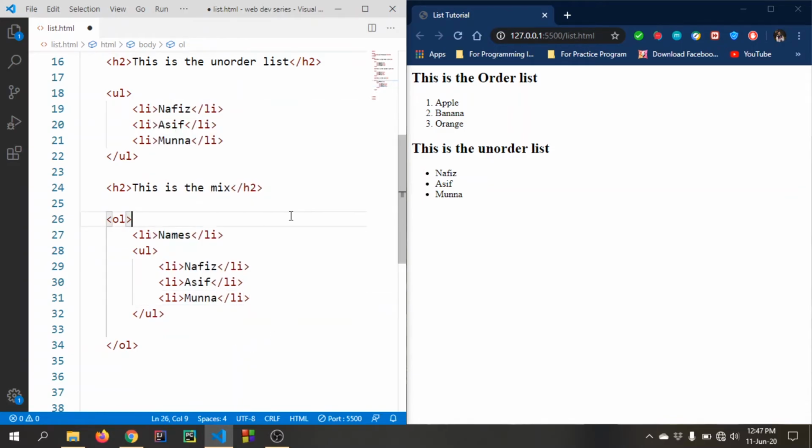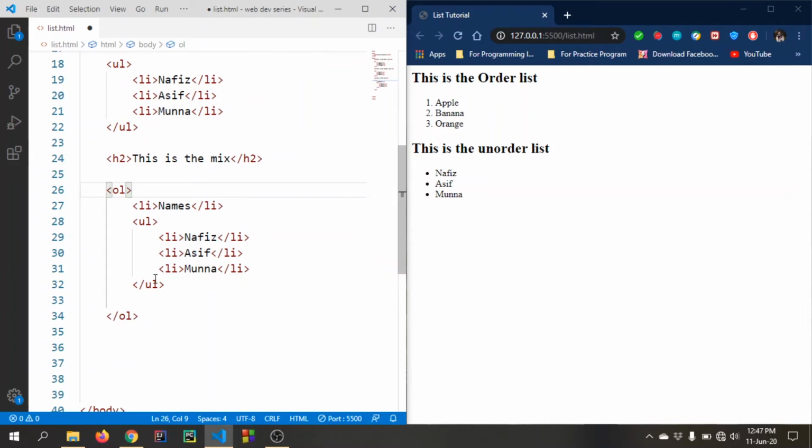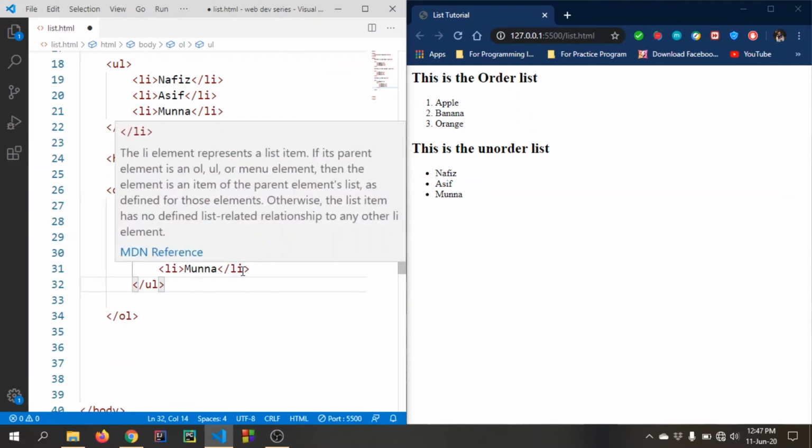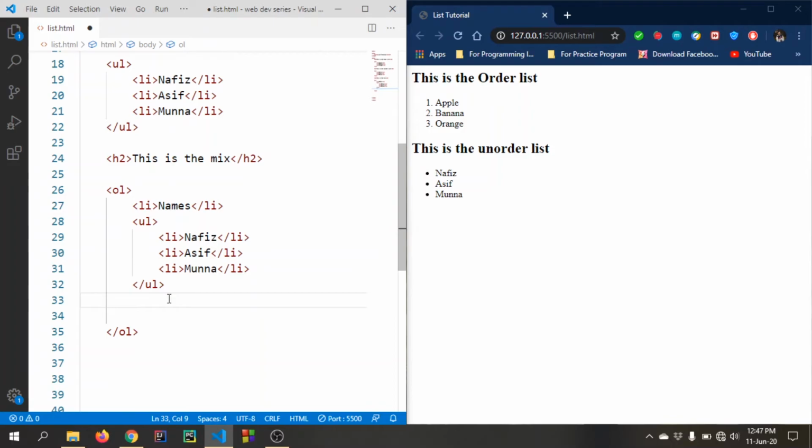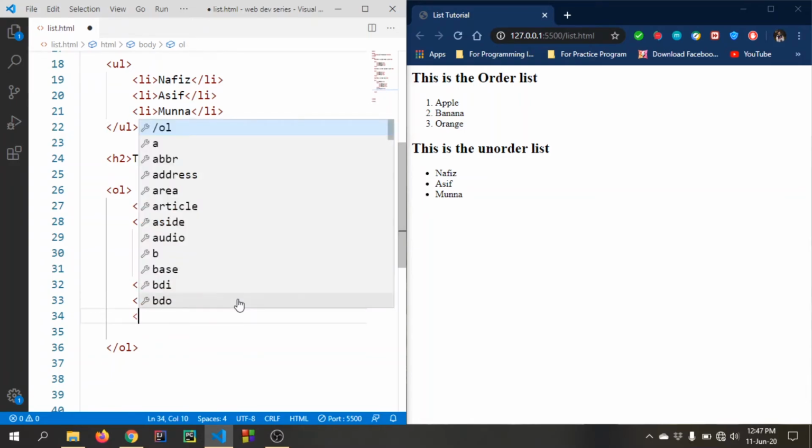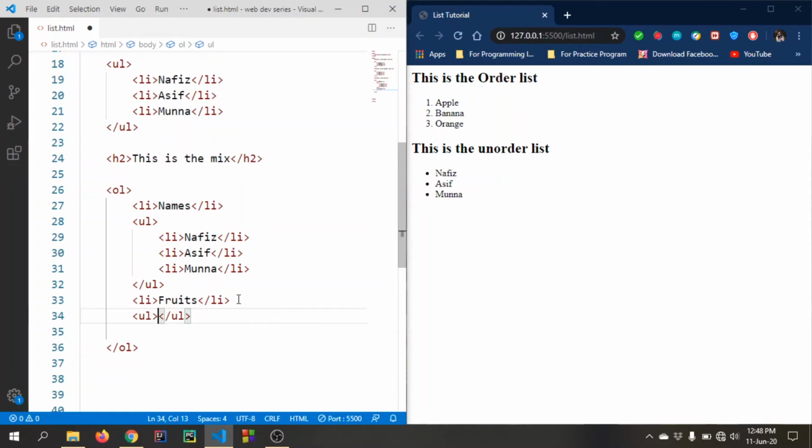We have Munna here, and suppose we have another list element outside of this unordered list, because this unordered list is finished. That was one list element, names. Now we have another ordered list element which is li, of fruits. So inside of this fruits ordered list element, we have an unordered list ul. So inside of this unordered list, we have some fruit names: apple,